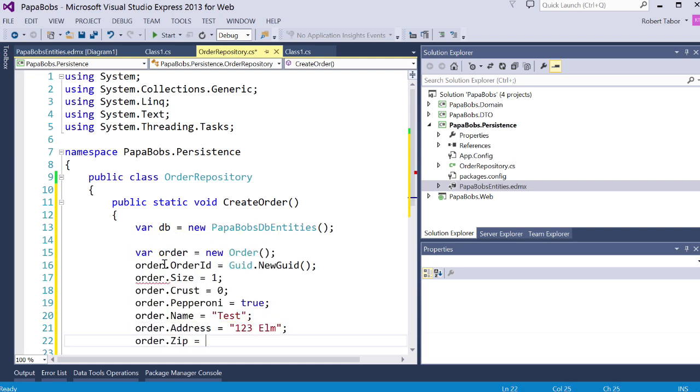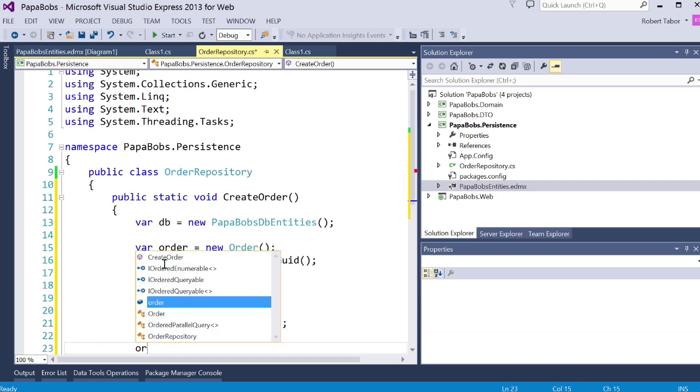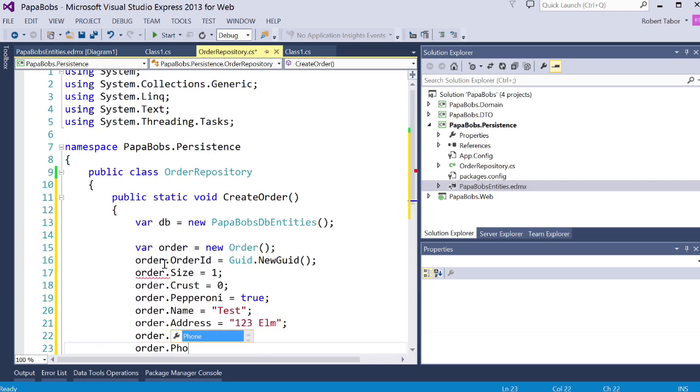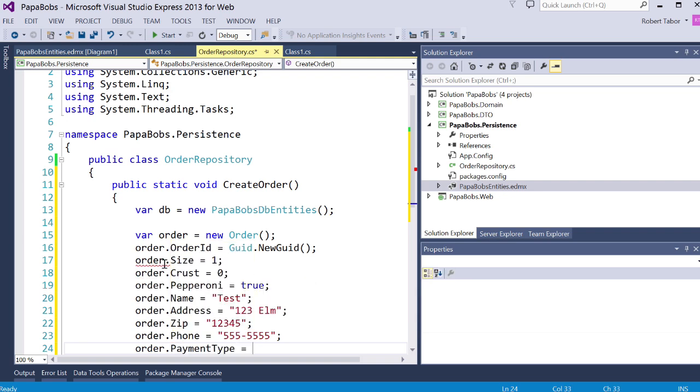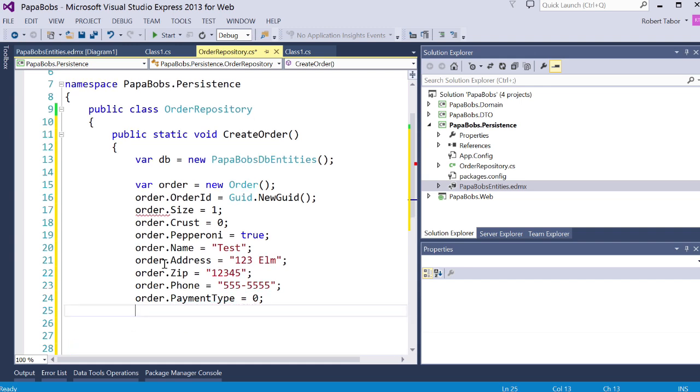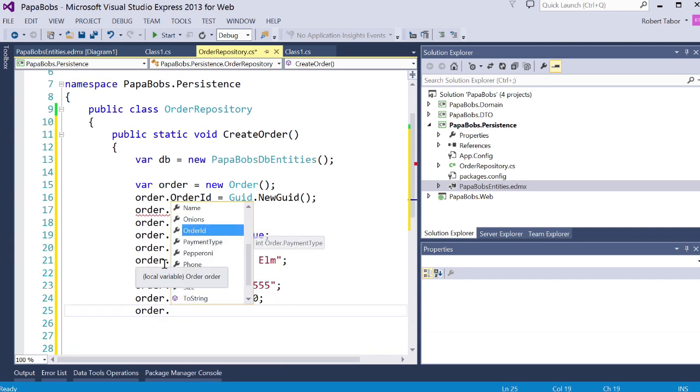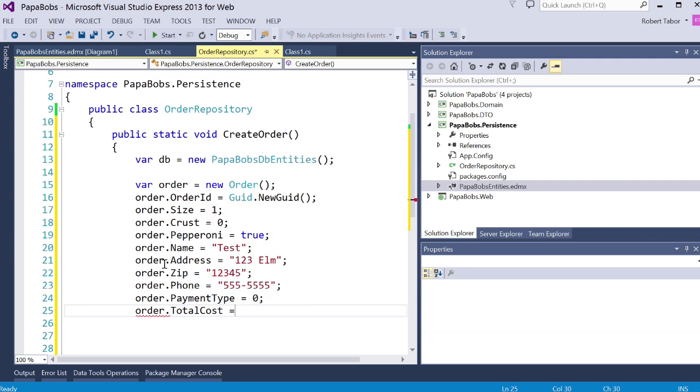Order.zip equals 12345. Order.phone equals 555. Order dot, now what do we want? Payment type equals, we'll go cash, which should be 1. Order dot, what am I missing here? I think I got everything right. Oh, total cost, yeah, we need that, equals